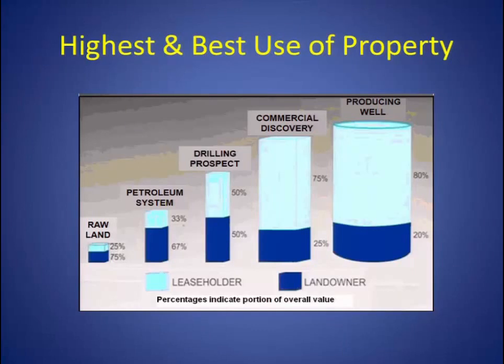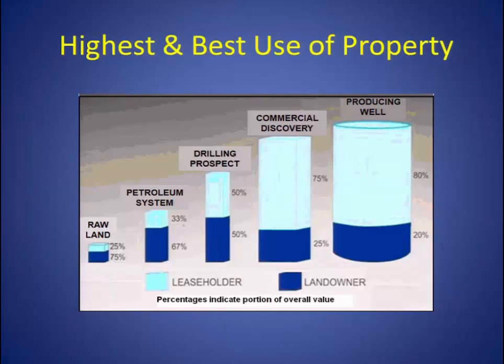area where the landowner has the highest value of the overall, because he has the opportunity to lease it out and lease it out and lease it out over the 10, 15, 20, 25-year period. He owns the mineral rights, and he consequently can have income from leasing it out. Whereas the oil company, we know that that's only a contract they have, and it may be a 5-year contract, for example, where they can explore.